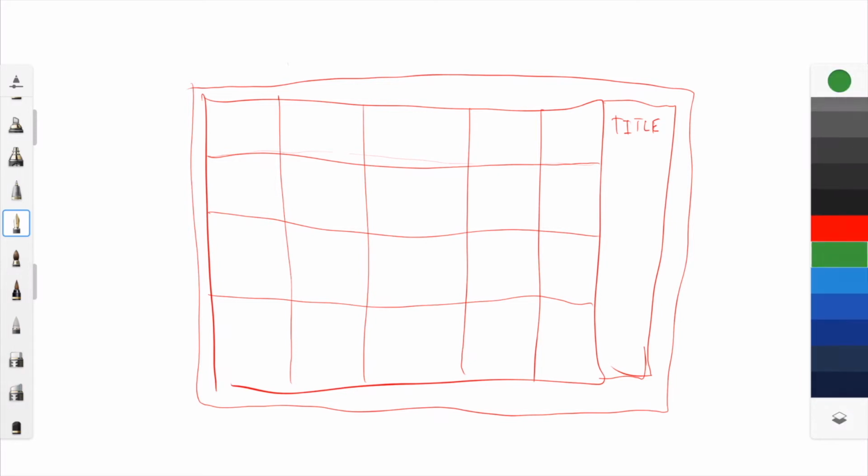Let's see, green. So then we're going to get our intersection points, so all of these. Okay. And then we're also going to grab the endpoints of some of them, because we still need those. Okay. Once we have those in,